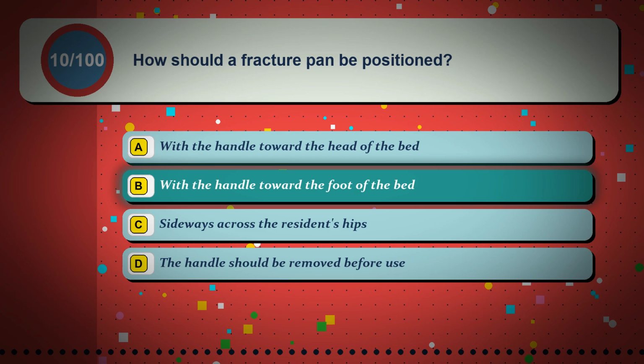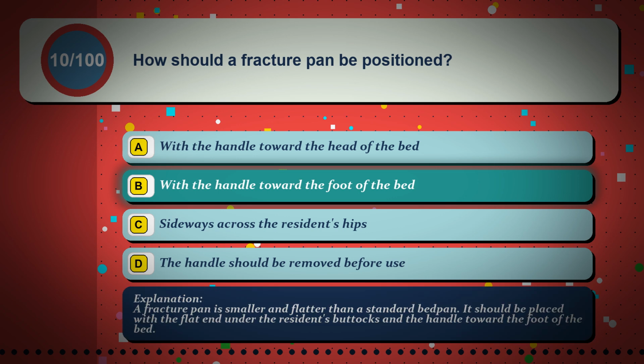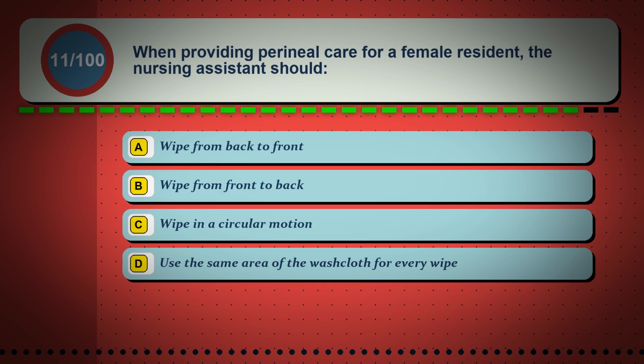The correct answer is option B, with the handle toward the foot of the bed. A fracture pan is smaller and flatter than a standard bedpan. It should be placed with the flat end under the resident's buttocks and the handle toward the foot of the bed. Question 11. When providing perineal care for a female resident, the nursing assistant should: Option A, wipe from back